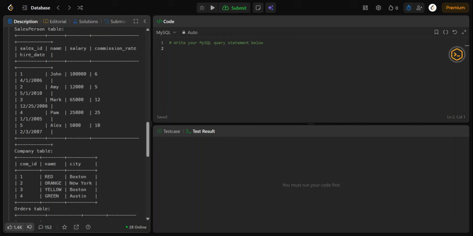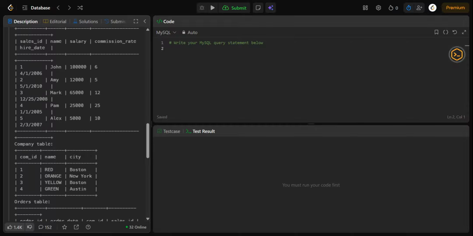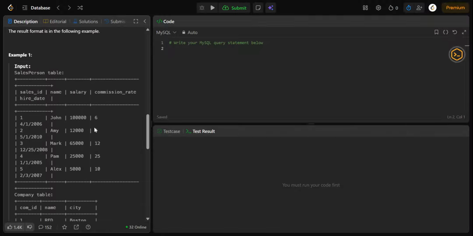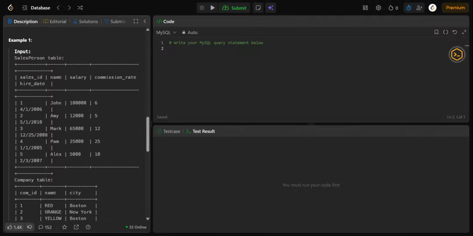Once we know the company ID, we can find all the salespersons who handled orders for that company. Finally, we simply return every salesperson whose ID is not in that list. This is exactly where the NOT IN operator becomes useful, because we can use it to return our final answer.